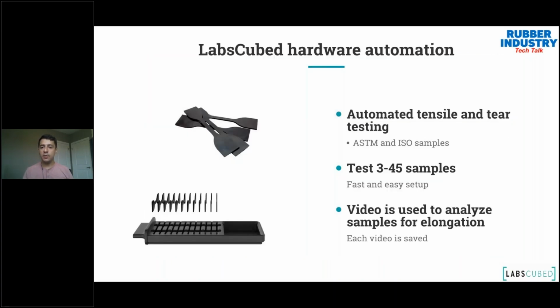In terms of the hardware itself, it's automated tensile tear testing, like I said, to ASTM and ISO standards, calibrated and certified to those standards. We have customers with extremely highly accredited labs, like Bridgestone, for example, and Airboss. They're using it on both the production and R&D side of things. So we are fully certified. The product has been out there for over 2 years now, running full. Some customers are running it for 3 shifts a day.